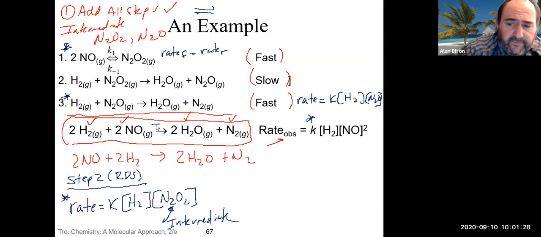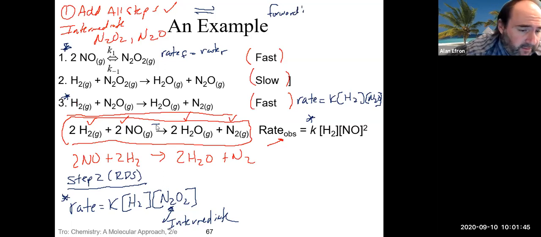And because it is a reversible reaction, we actually can write not one rate law for this step, but we can actually write 2 rate laws for this step. One in the forward direction. So if we write the forward rate law,